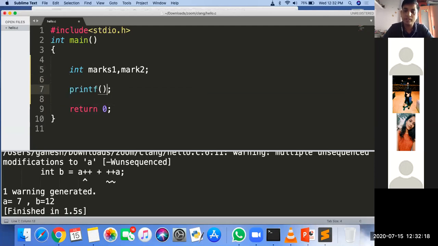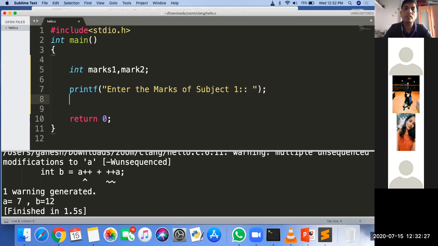First I print, enter the marks of subject 1, which is only information for the user about what to input. Then, for taking the input, we generally use the scanf function. What do you need to scan?